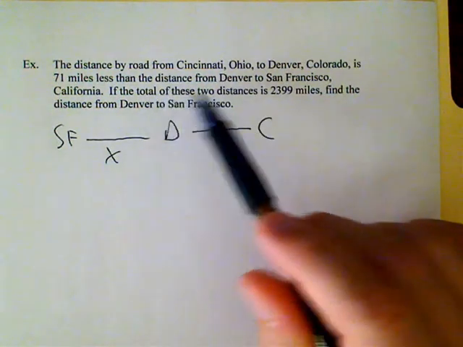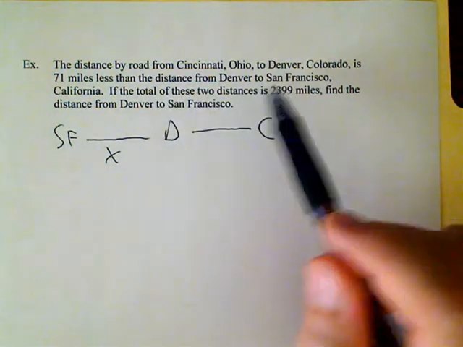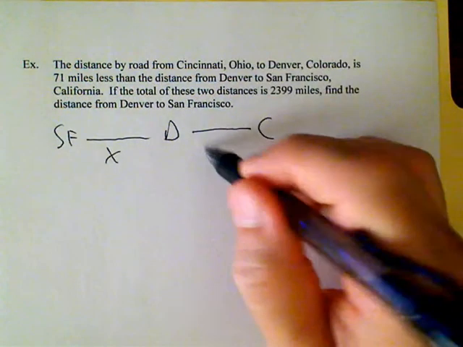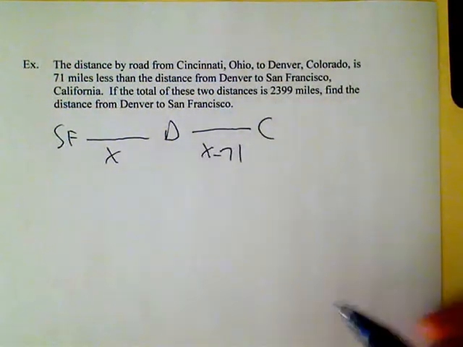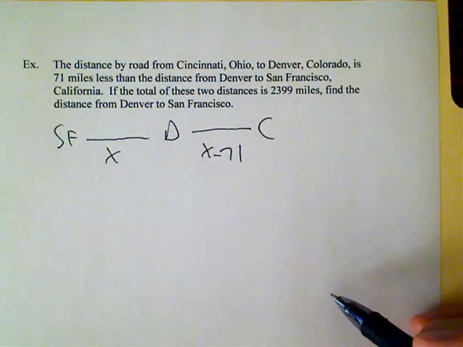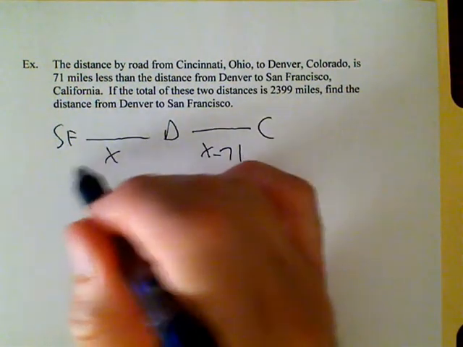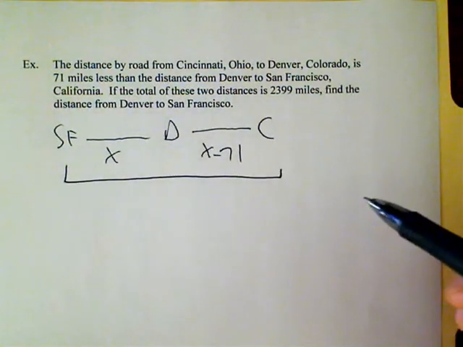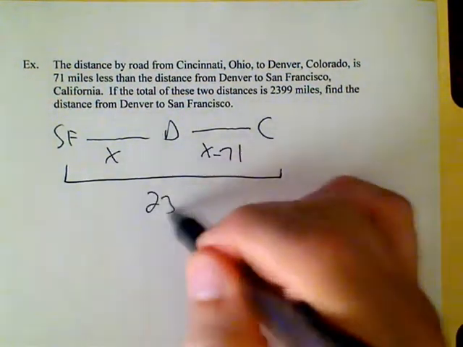Now I'm going to read this first part again. The distance from Cincinnati to Denver is 71 miles less than x. So how would you write 71 less than x? It's x minus 71. We're taking 71 away from the x. The two distances together, or the distance from San Francisco to Cincinnati,